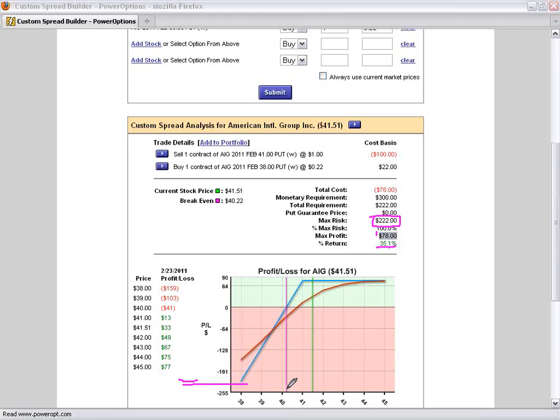Now, the reason why I like discussing this is not only because we're discussing different strategies and options give us options, but why am I selling a naked put to begin with? First off, I should only sell a naked put if I wouldn't mind owning the stock. If I didn't mind owning the stock in my personal account, that would be the only time I would sell a naked put. I'd never sell a naked put just because of enriched premium or just because it looks good or just because it's a weekly option.